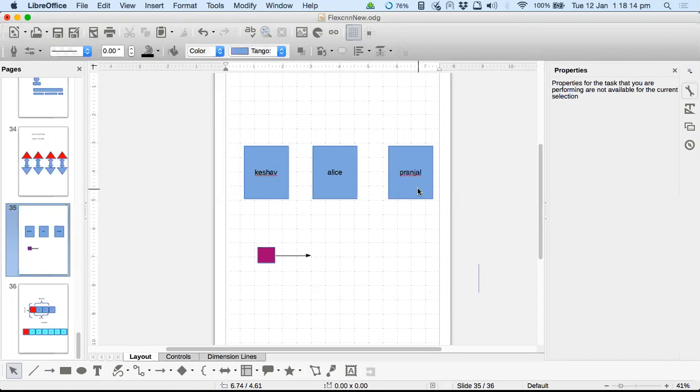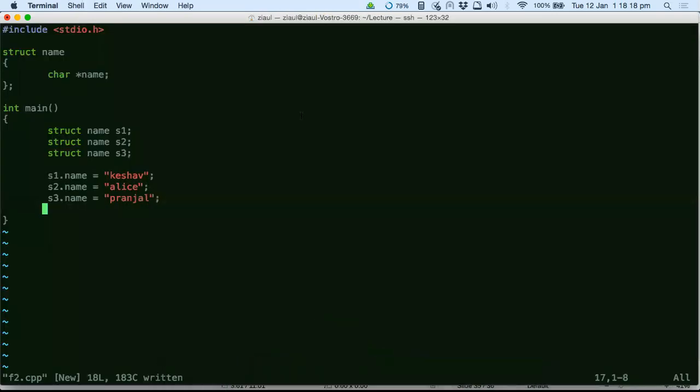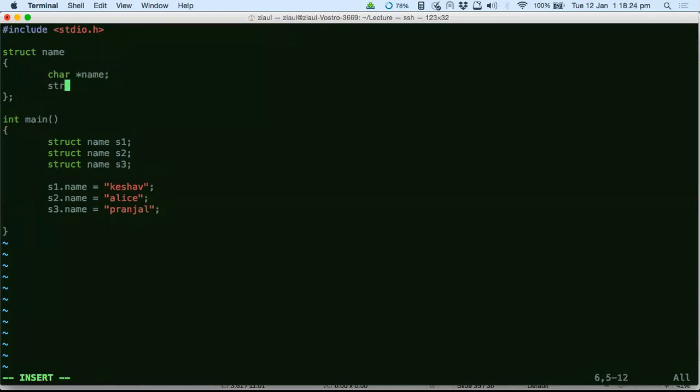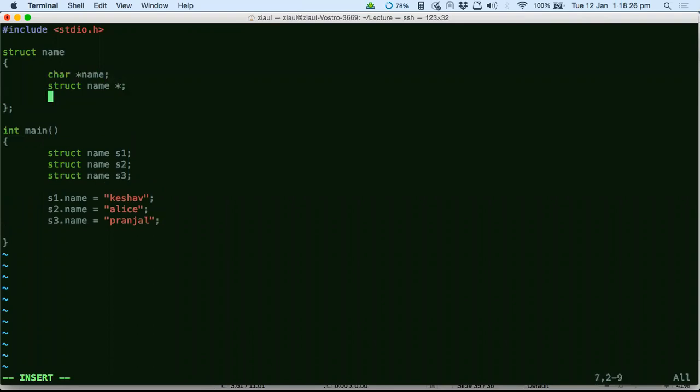How do I link structures? I'll tell you how. If I define one more member variable in the node. Sorry, it should not be a name. Both of them got the same name. Let me call it student.